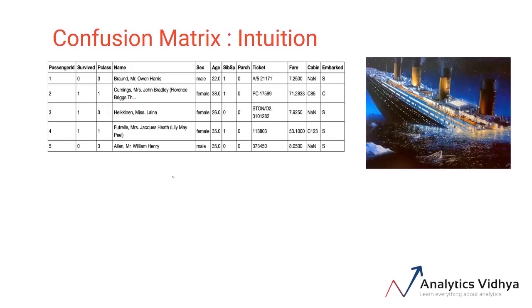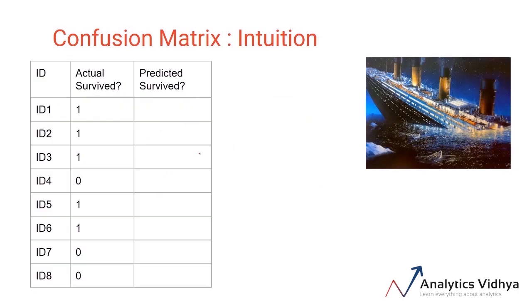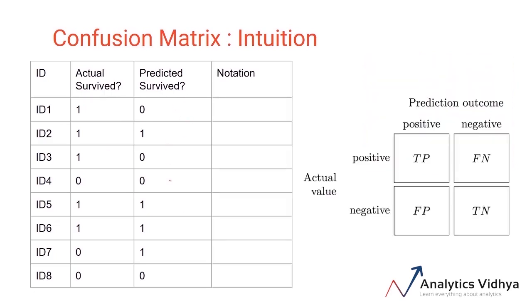Here we have a few examples from the actual dataset, and we know whether the passenger on the Titanic has survived or not, the values are given in the actual column. Now suppose we build a model and it produces these given predicted values, as in this column. Here come the notations we learned in the video. In order to compute the confusion matrix, we'll first denote each observation. So for the first observation, the predicted value is 0, which means negative, but the actual value is 1. So this prediction is incorrect or false.